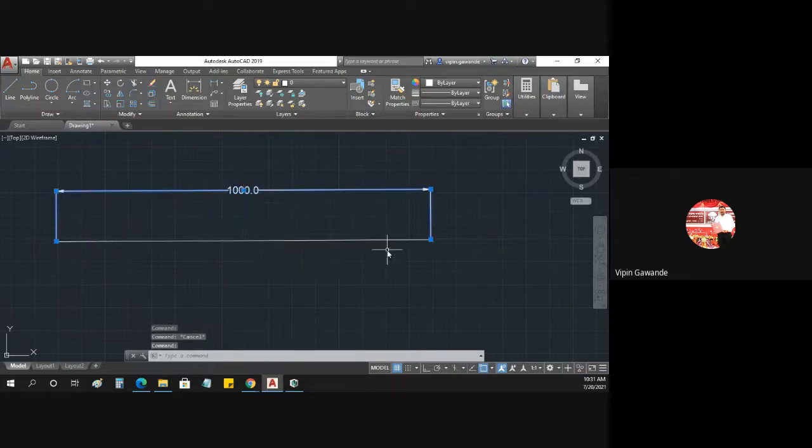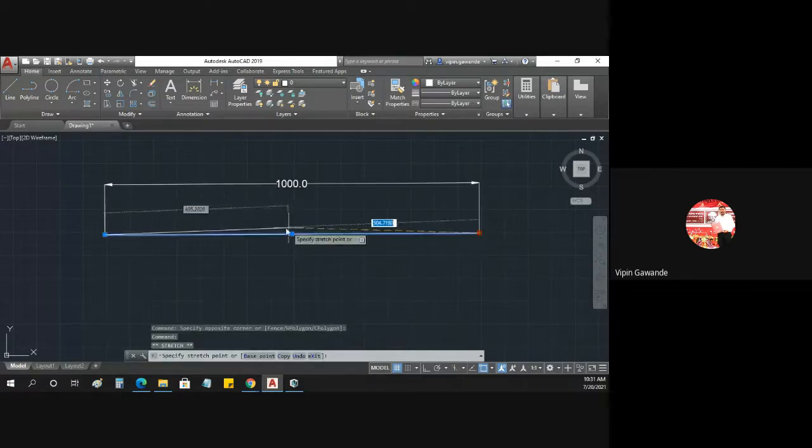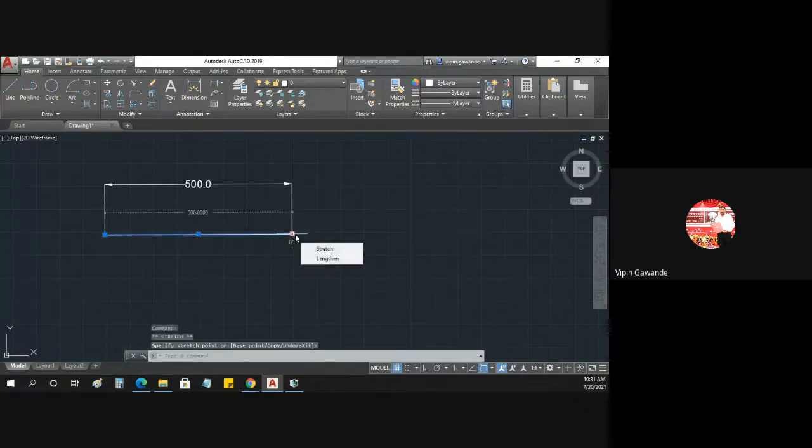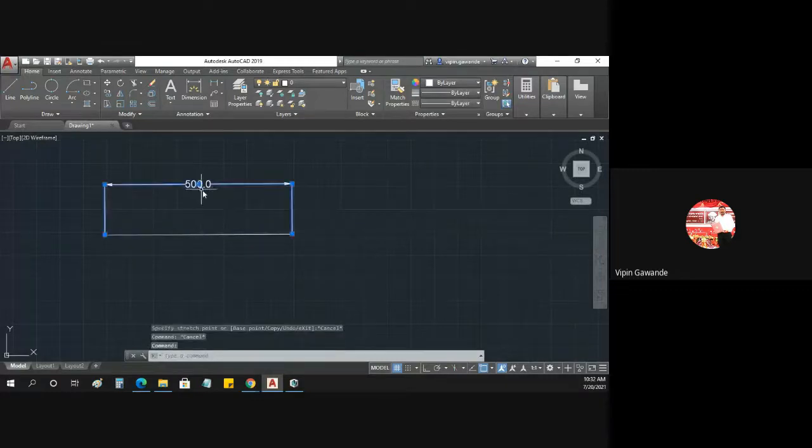Once you have drawn that line of particular length, then it will remain as it is. Now if you have to make it short, then you have to cut it or you have to extend it. That thing you can do. So here you can see, you can make it 500 like this. Or you can stretch it like this up to 640 or 690. But you can't change the dimensions from here, by just clicking on that particular value. So you have to use another command.